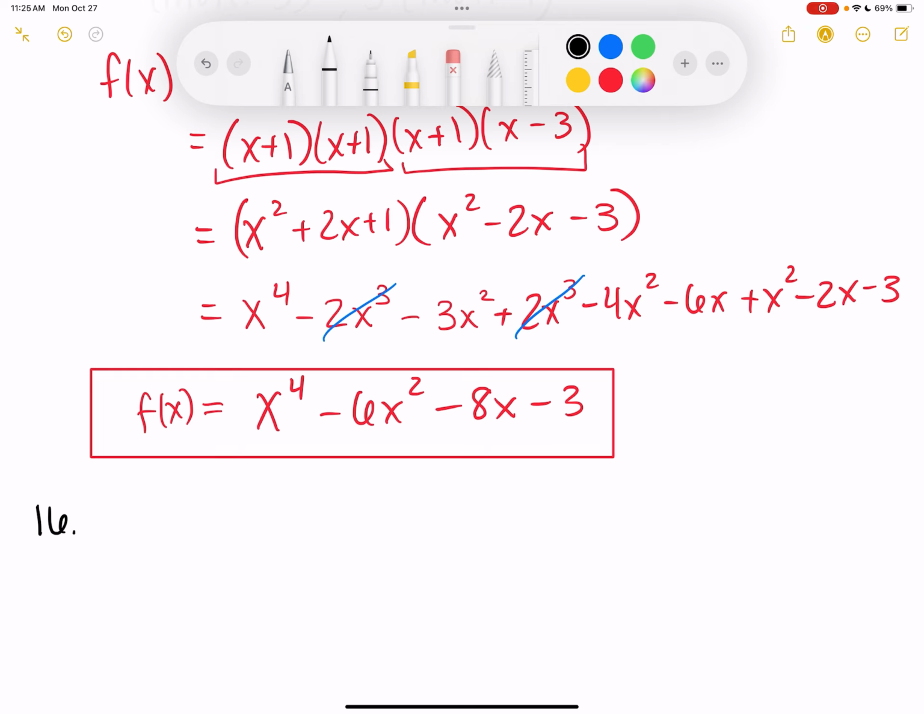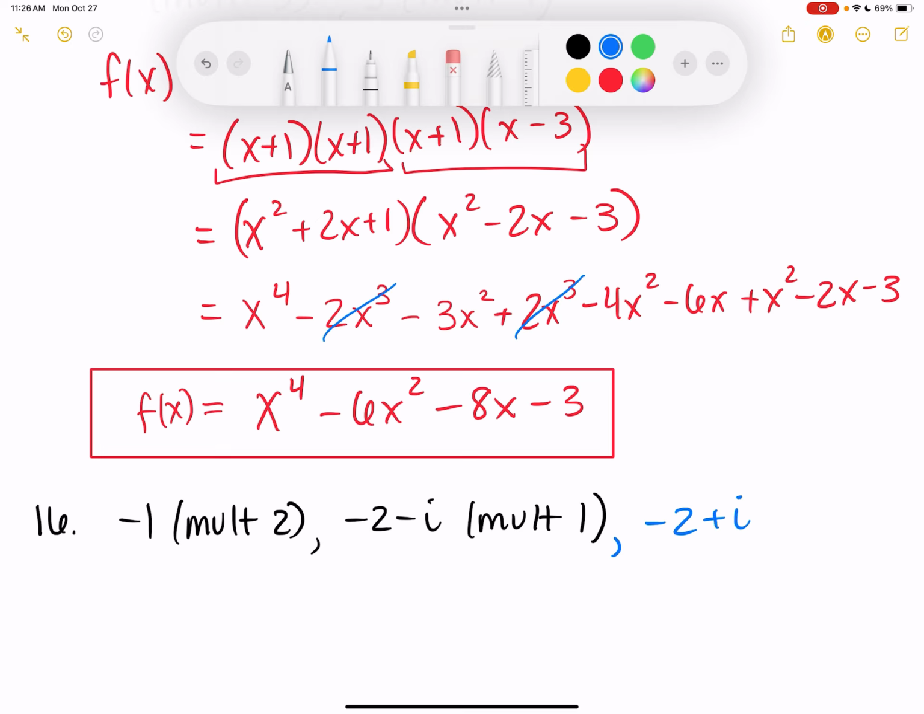I've got -1 with a multiplicity of 2. And then I've got -2 minus i with a multiplicity of 1. So that's all they tell me. But what do I know must be true as well? -2 plus i is also 0. Yep, -2 plus i also has to be a 0 with the same multiplicity. I don't always write multiplicity 1 beside it, but